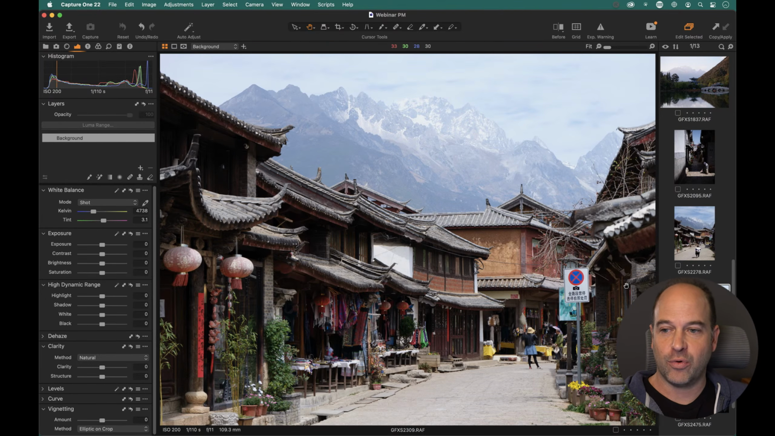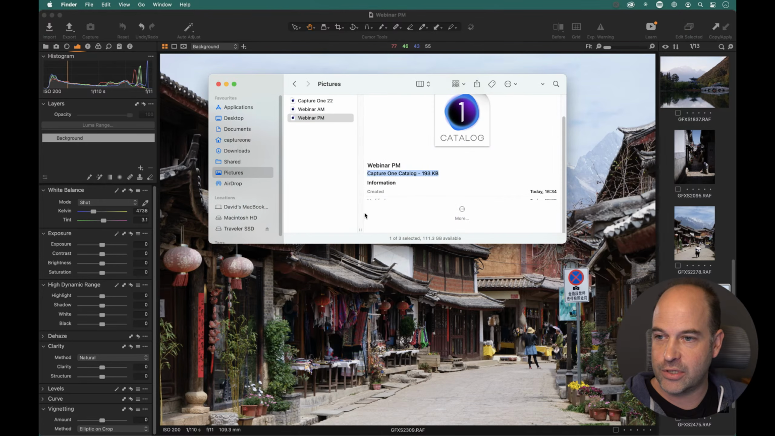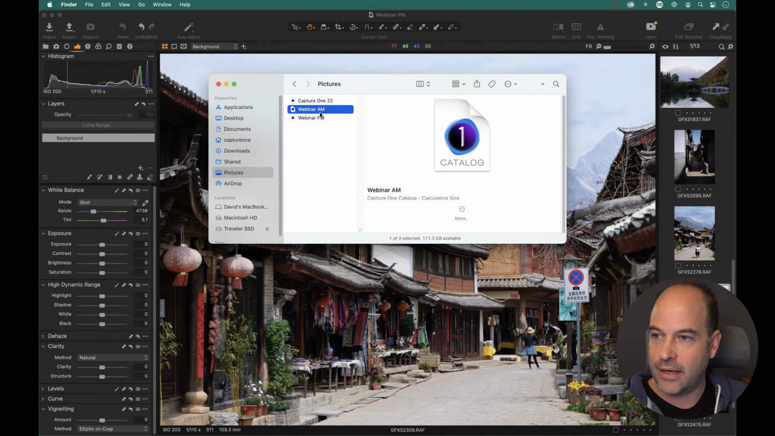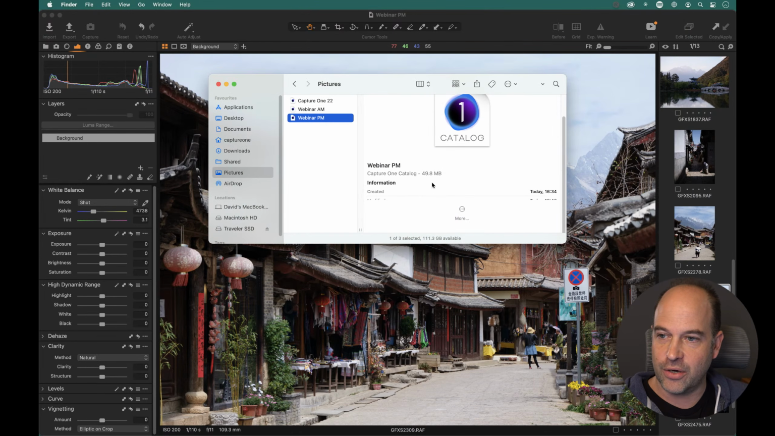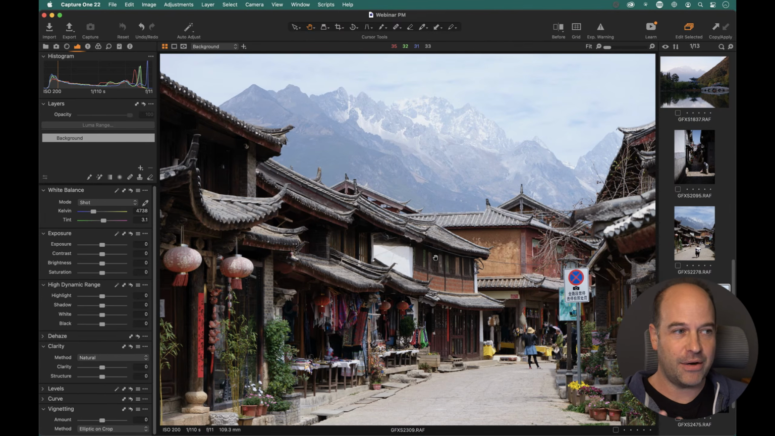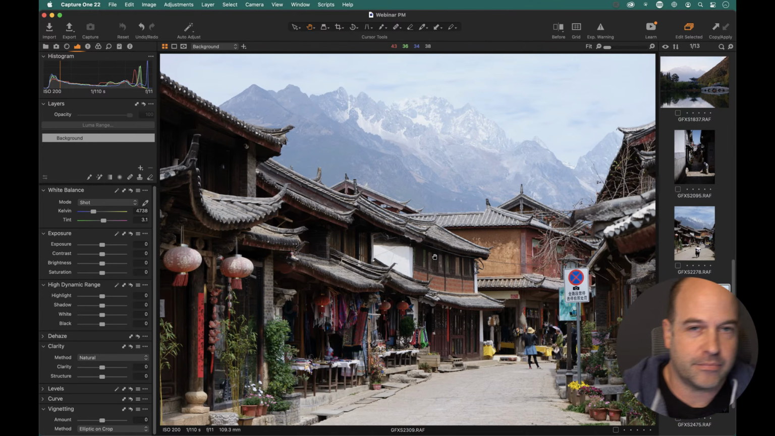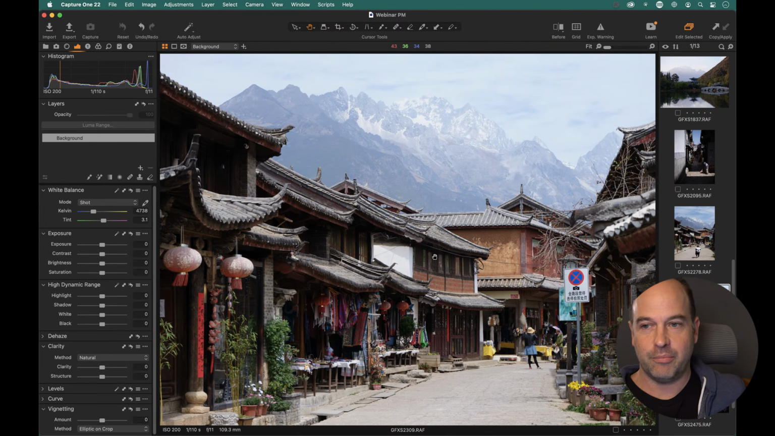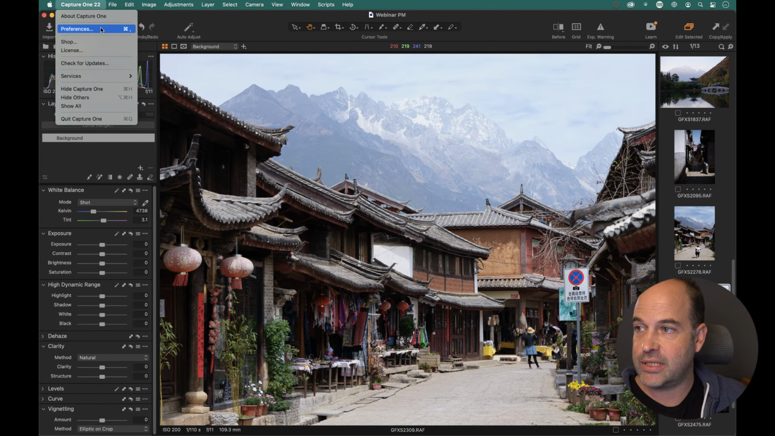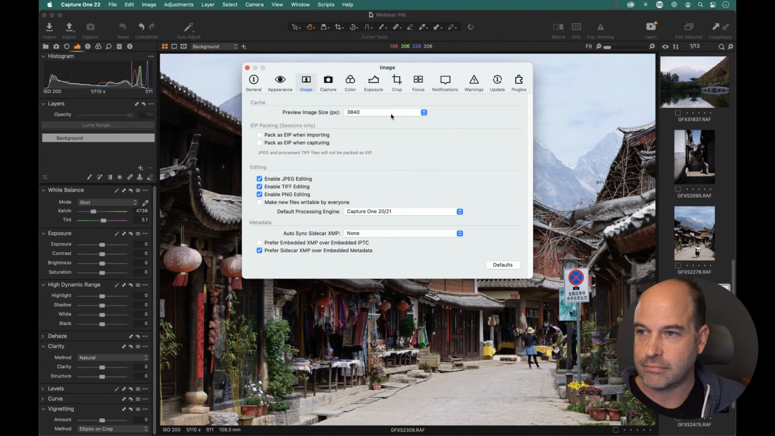So each of these raw files now has a very high quality preview stored in the catalog. So if we go back to this guy, webinar PM, you see it's got a little bit bigger because it now stores some previews. Now, there isn't really anything that you need to particularly consider about previews. The only one thing I would suggest is to go into the preferences, look at the image tab, so this one up here,